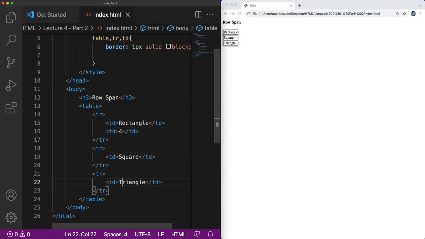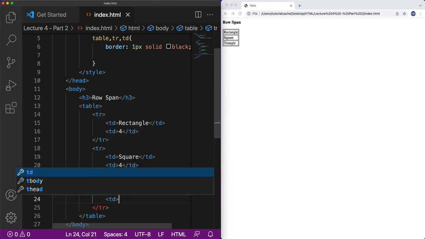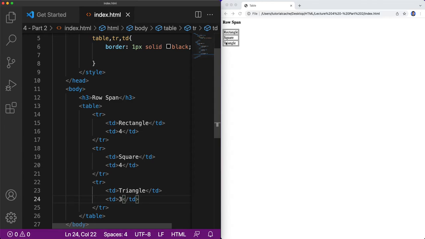And in a square we also have 4 corners, and in a triangle in geometry we have 3 corners. If we refresh that, we can see over here that rectangle is 4, square is 4, and triangle is 3 corners. But here we see a problem: because rectangle and square have the same corners, which is 4,